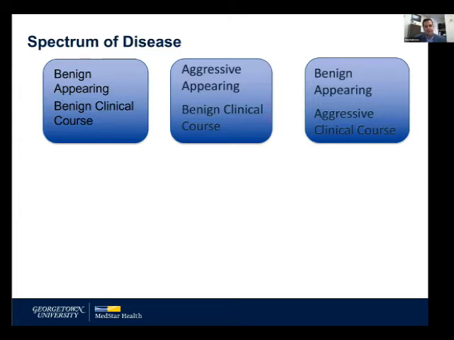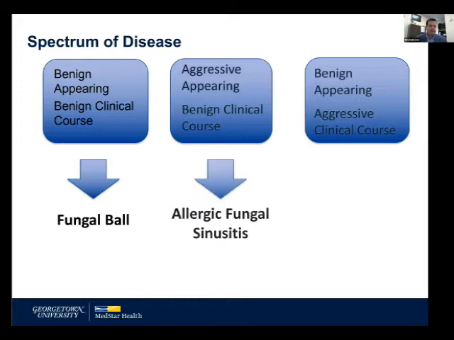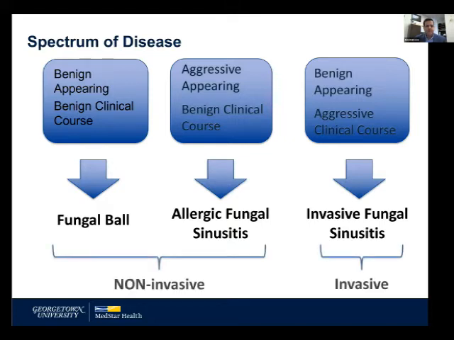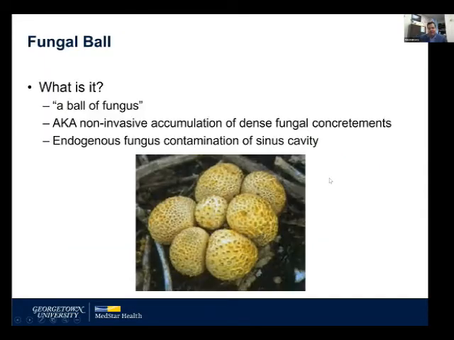And so I break down the major subtypes of fungal sinusitis into a benign appearing, benign clinical course subcategory, and those are your fungal balls. The potentially aggressive appearing, though, those that have a benign clinical course, and that's allergic fungal sinusitis. And then benign appearing, oftentimes at least early, and then an extremely aggressive clinical course. And these are your invasive fungal sinusitis patients. And again, the first two are non-invasive, the last is invasive, obviously. And I left off saprophytic fungal disease, which is basically just colonization of crusting in the nose, which is not a huge entity. Like I said, ENT, we're not an especially complex group.